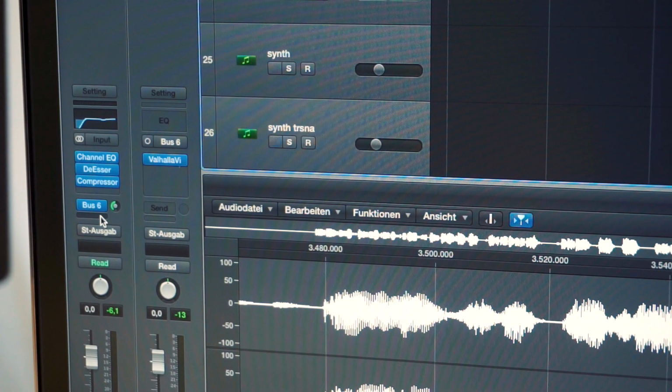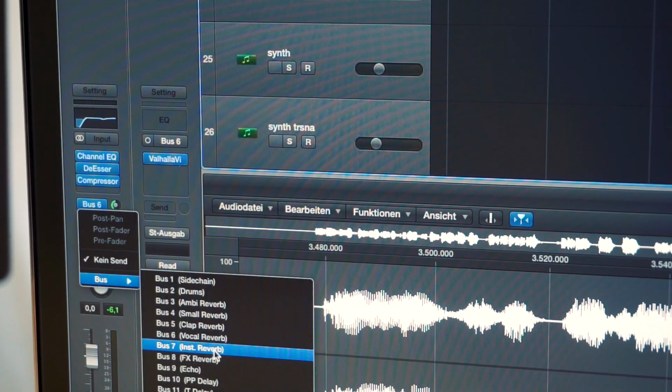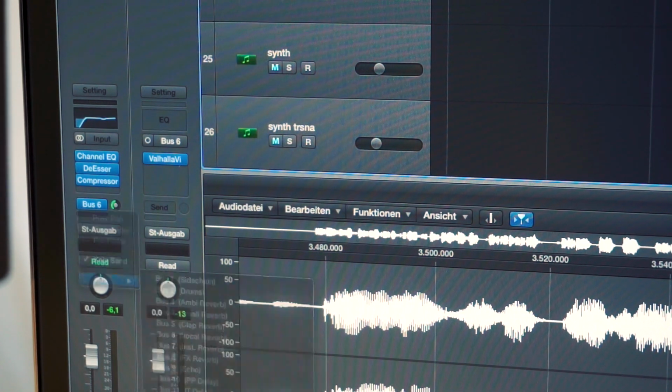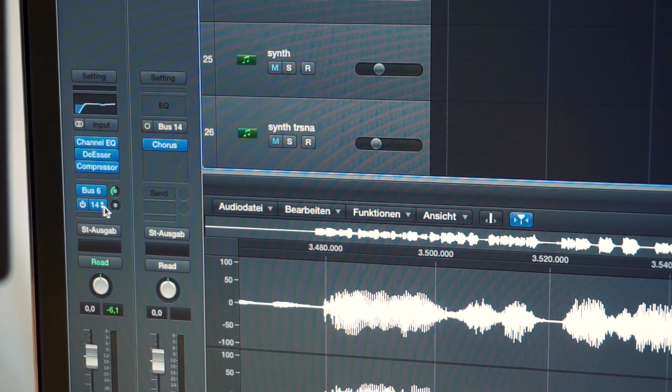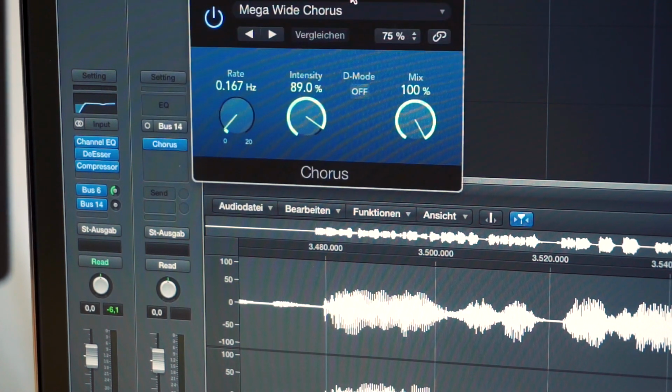What I also like to at least try is adding a little bit of chorus onto the vocals. I have also here a set bus for it with Logic's chorus plugin. With the chorus you can make the vocals a little bit more wide and make them appear thicker than they actually are. Now it's time to listen to the vocals with all other elements playing, make the final really small and detailed adjustments,